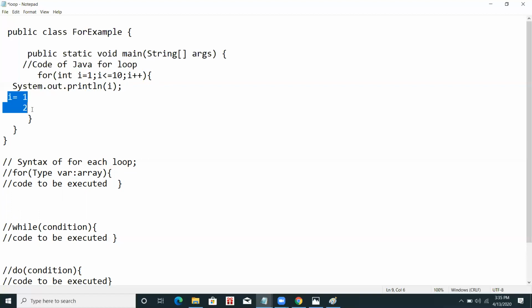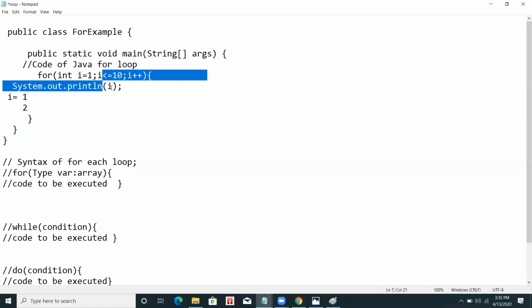Okay, so this is happening. It prints 1 2 3 4 5 6 7 8 9. Now what is happening at the 9? When I print the 9, what does it do? It goes to the i plus plus part, the updation part. It does i plus plus, the value becomes 10. Now i is less than or equal to 10. i is not less than, but it is equal to 10. So this is also a true condition. It will go to this block and it will execute the i part.